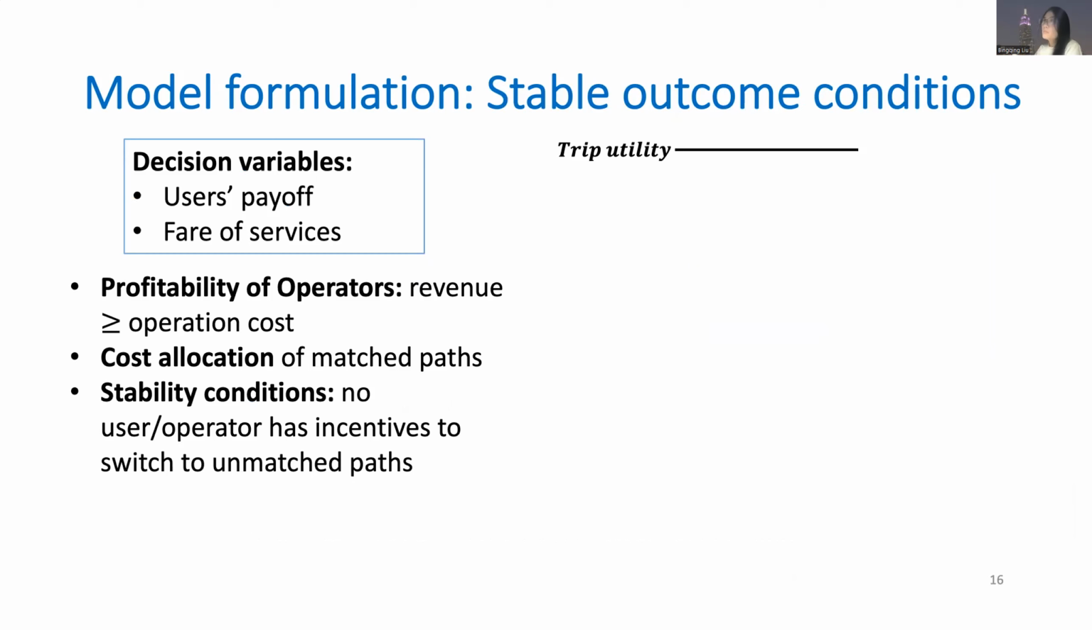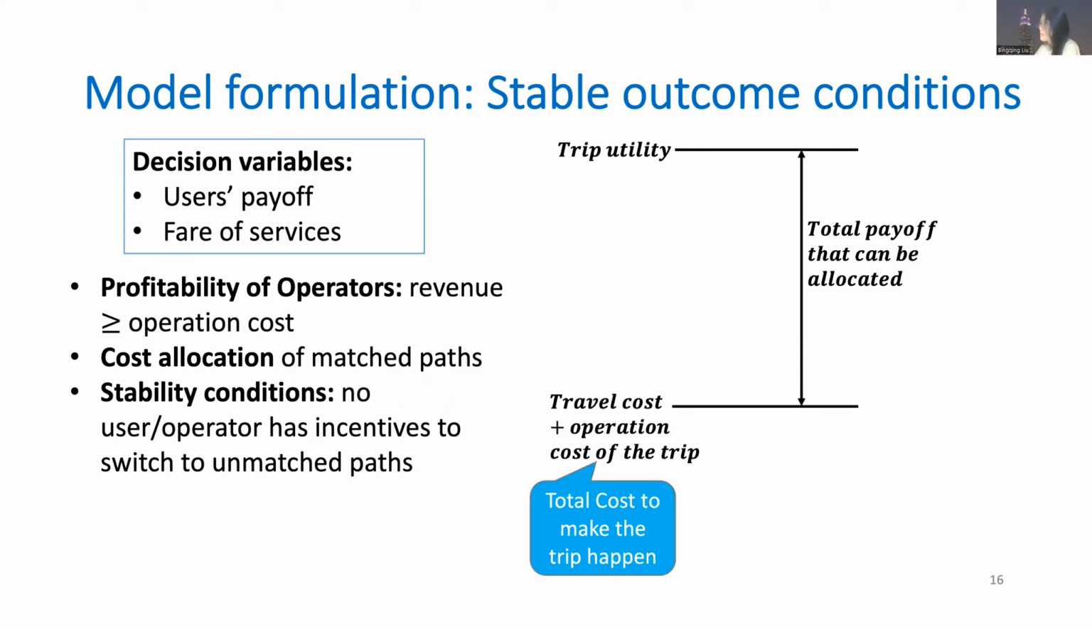By making one trip, this user is generating a trip utility, like a welfare for this society to share. But making this trip is going to cost some money. That is going to be the trip cost plus the operation cost that make this trip happen, basically the cost of making this trip happen on both sides, the users and the operators. And what is between these two values is the total payoff that can be shared by the users